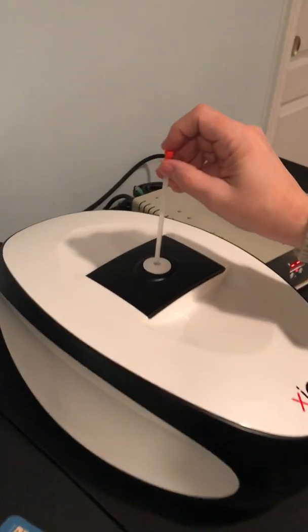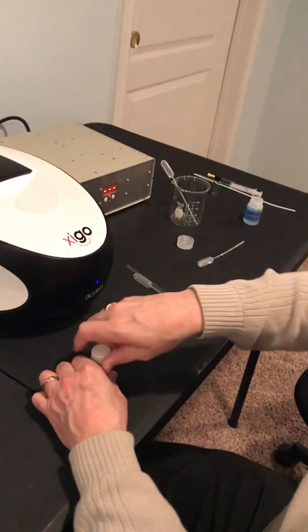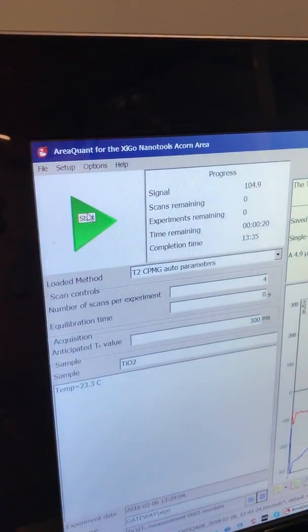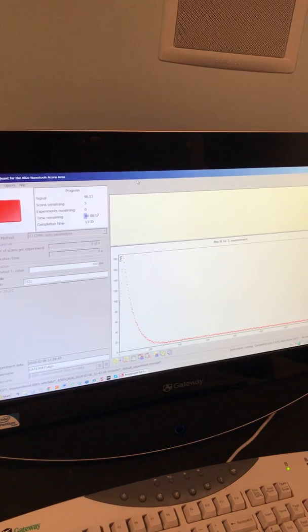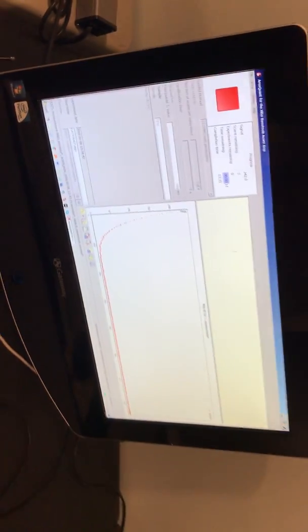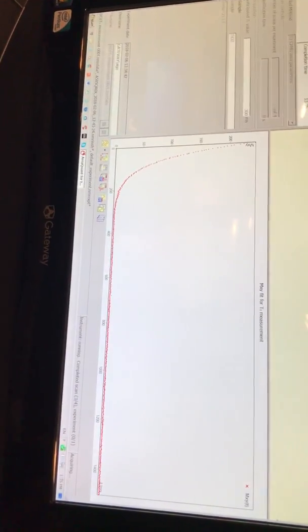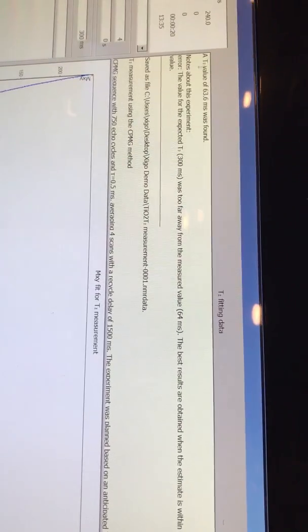So I'm going to put the NMR tube inside the machine like that. I'm going to close my TiO2 sample. Then I'm going to go over here and click Start. So what you'll notice, okay, I picked an anticipated T2 value of 300 milliseconds, and I got a measured value